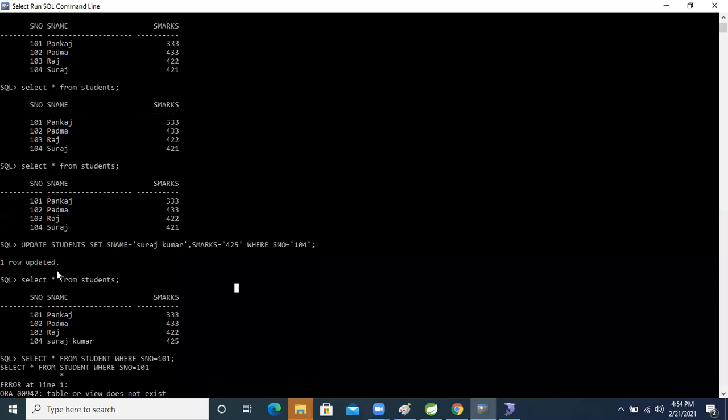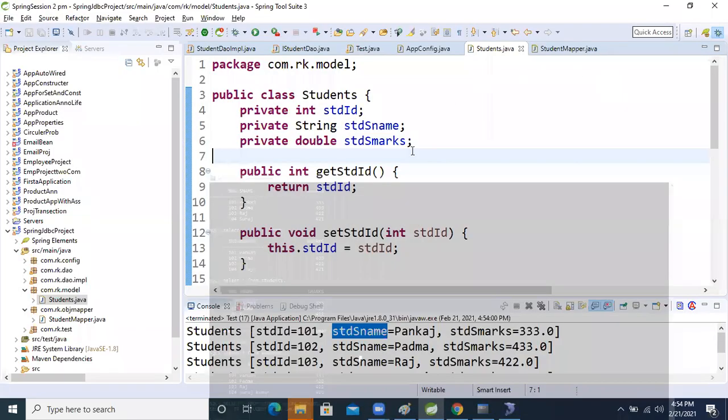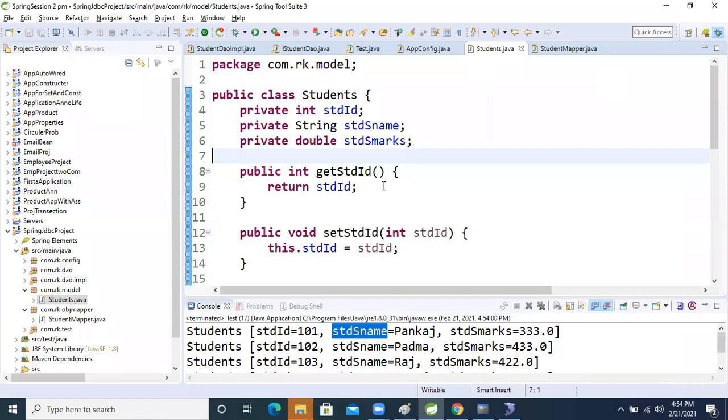Like that we are performing this using RowMapper, a callback interface. Other callback interfaces are not usable; even JDBC template is not used by anyone, but if we know JDBC template, then things become easy.